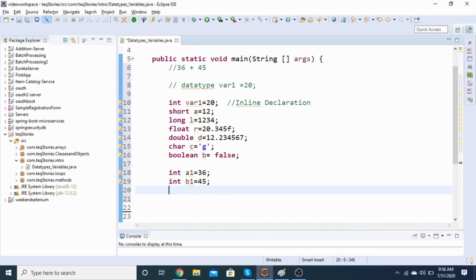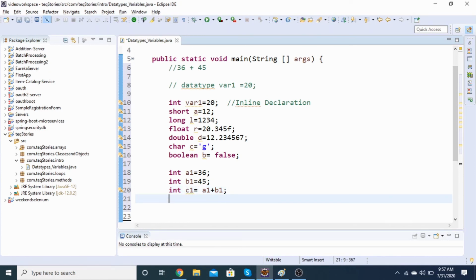Now whatever values I will be adding, I will be getting another value, isn't it? If I'll be doing 36 plus 45, I'll be going on for 81. That will be the result, but that also has to get stored somewhere, isn't it? So for that also we require a variable and data type. That is what I will be doing. I will be saying integer c1 should be equal to a1 plus b1. So what is a1? a1 is this number, b1 is this. So a1 will be representing 36, b1 will be representing 45. Both will be added up, and wherever it will be stored, it will be represented by c1. That is what I am trying to say here.